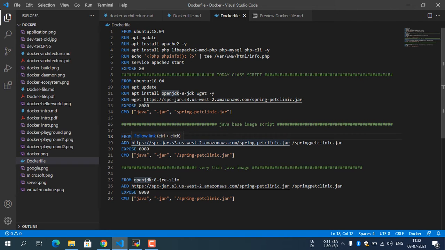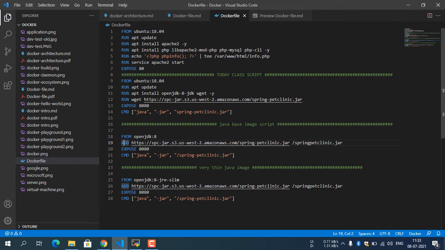Just we need to add, in order to download a file from the internet, we use the ADD instruction in the Dockerfile. It will download a simple jar file and paste it into the root directory. By using the ADD instruction, we need to give source and destination. Source means wherever you want to download from, destination means where you want to copy.